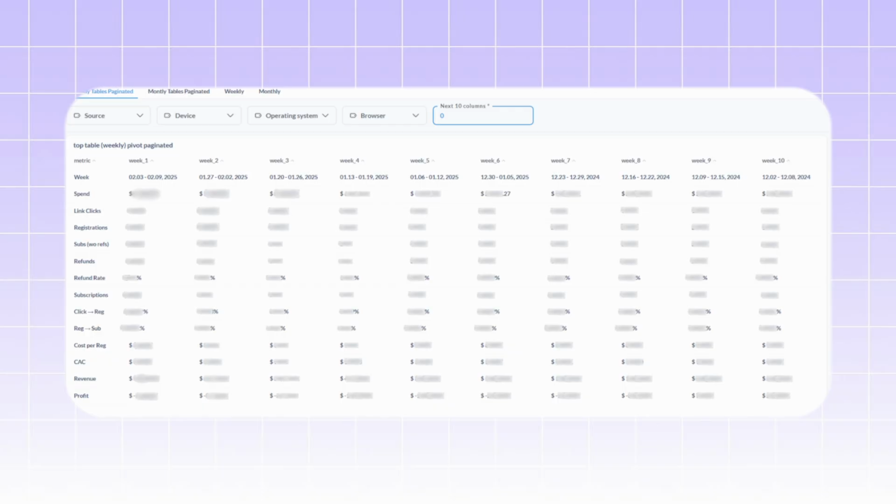Here is what the client's table looked like. It was used to track marketing metrics. They wanted to expand it horizontally, meaning the number of rows would stay fixed and they would just add new columns to the table and scroll it horizontally to the right. But unfortunately, Metabase doesn't support this feature. Maybe it's a corner case. So the only solution was to add pagination, which shows the next 10 weeks. And if you wish to see the 11th week, you have to manually write the figure 1 in the next 10